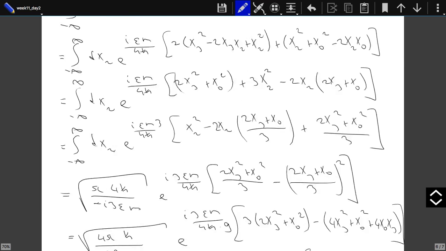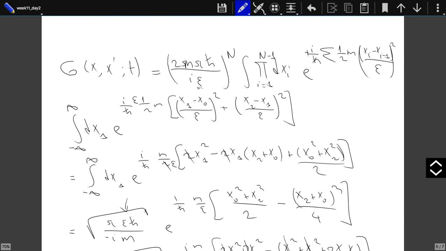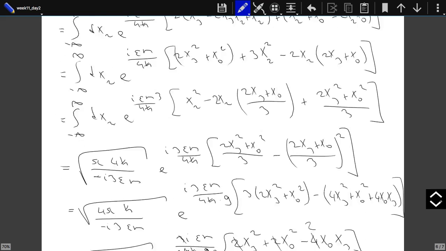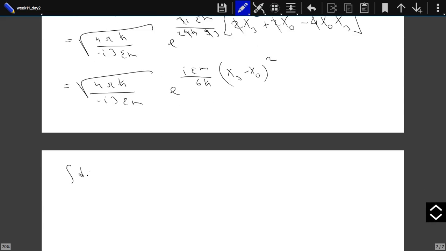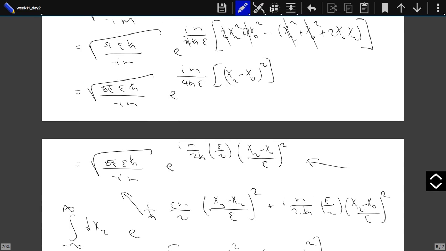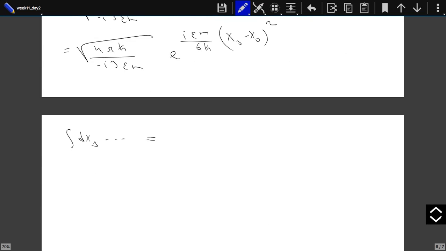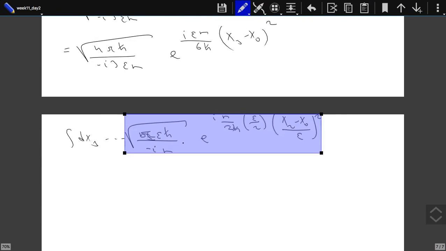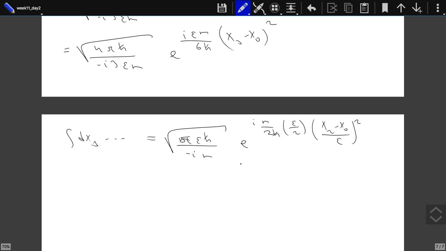We had the x1 integral. Our result was this one. This is the x1 integral. Then we take the x2 integral along with the x1 integral. Now our result is,